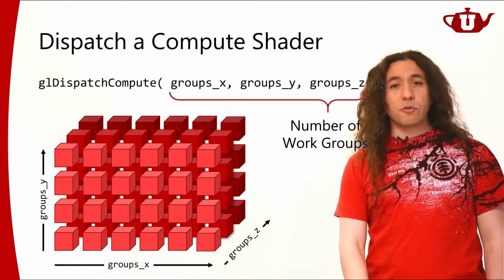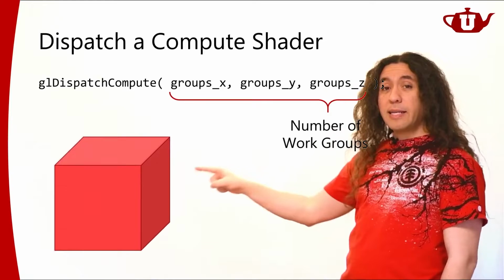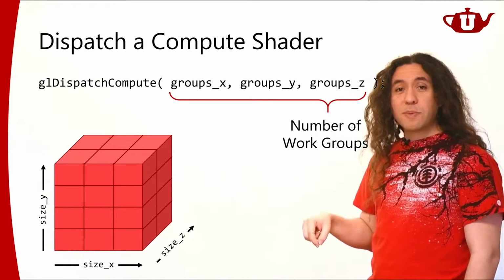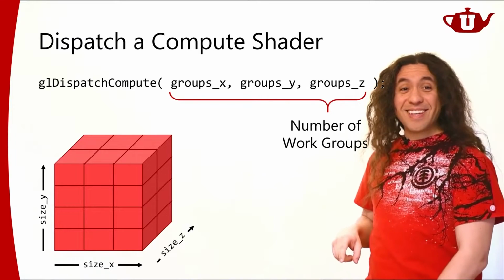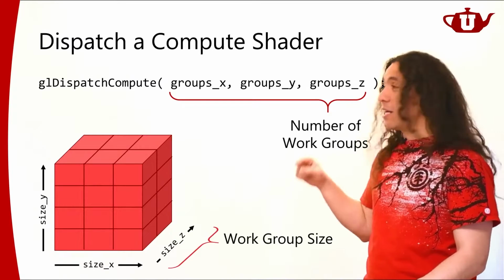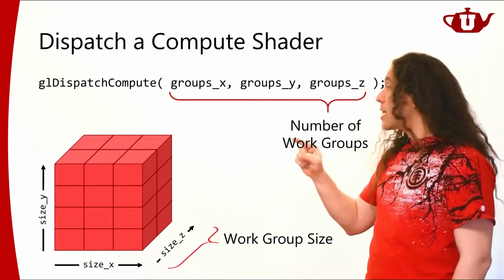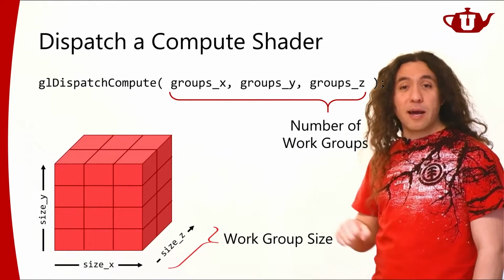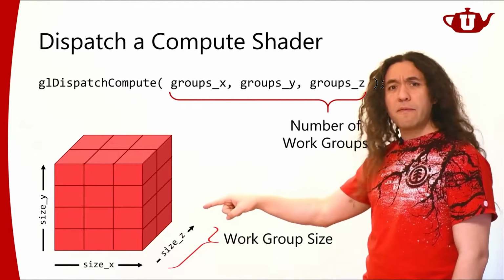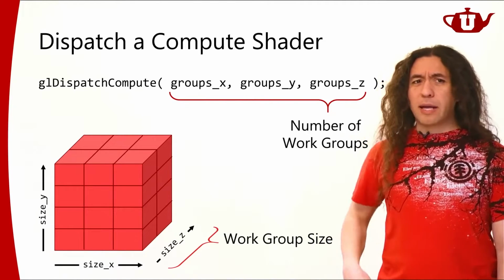Now, each one of these work groups is going to have a number of threads in it. And again, these number of threads are going to be specified in 3D. Because why not? We can do that. So work group size in 3D is going to be X, Y, and Z. So this is going to determine how many threads I have inside a work group. Okay? So in this example, I have 3 by 4 by 2. So 24 threads. That's probably not great.